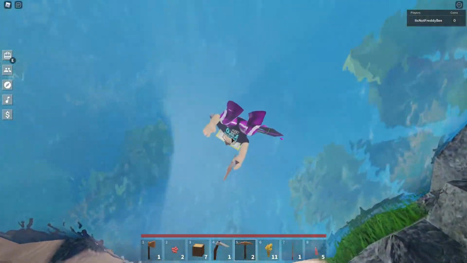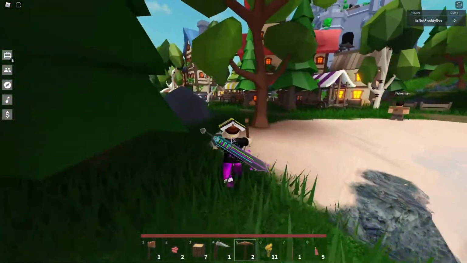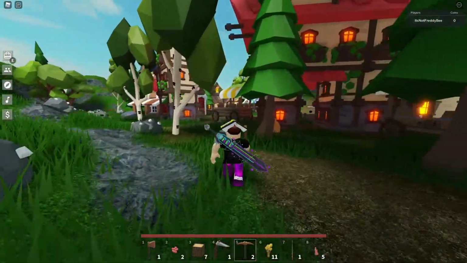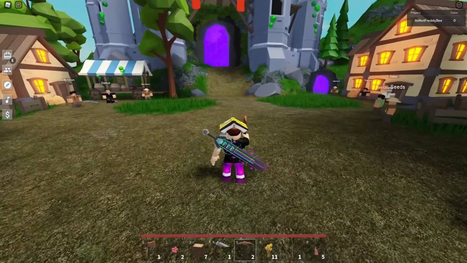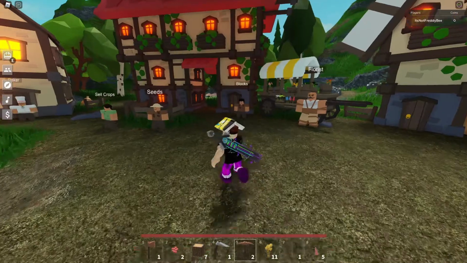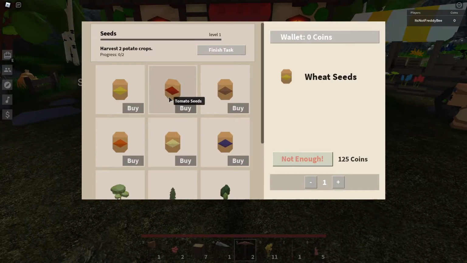So we're just going to go out of the lake, and it will guide you round if you don't know the game. Just going to head straight back up to the castle. And before we do, I'm going to show you this here, because we're going to need to buy some seeds to grow the tomato, and they cost